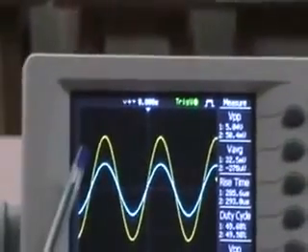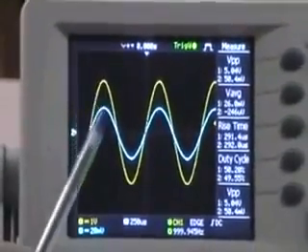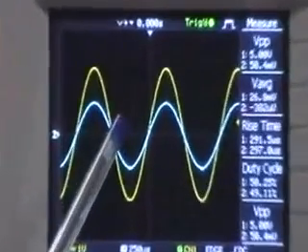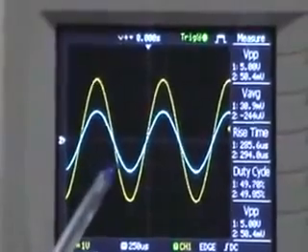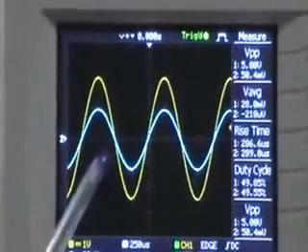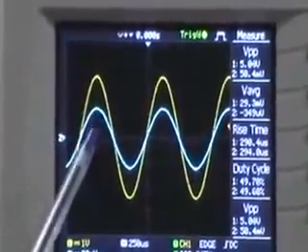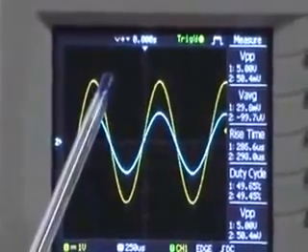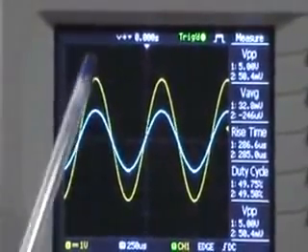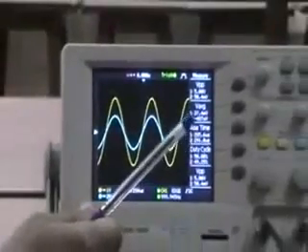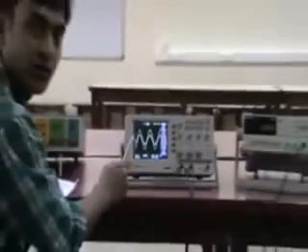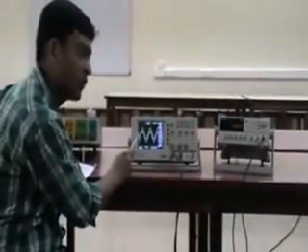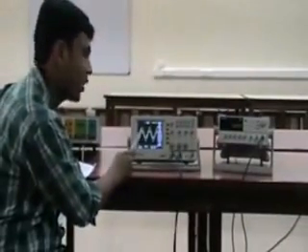The yellow one shows V0 and the blue one shows Vm, as specified in the handbook. By changing the frequency, we can observe whether or not there is a change in the output waveforms.